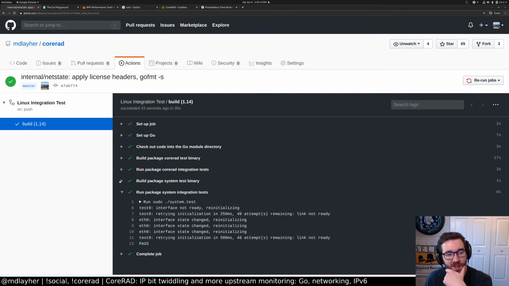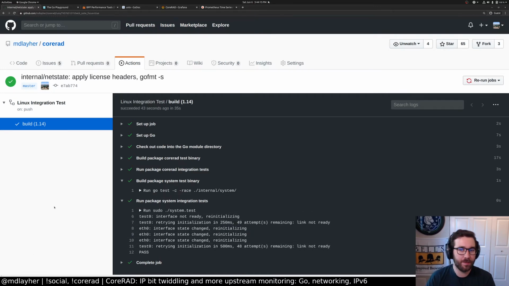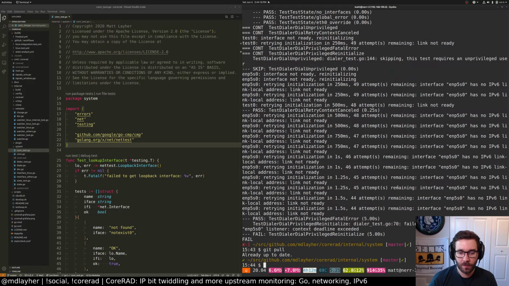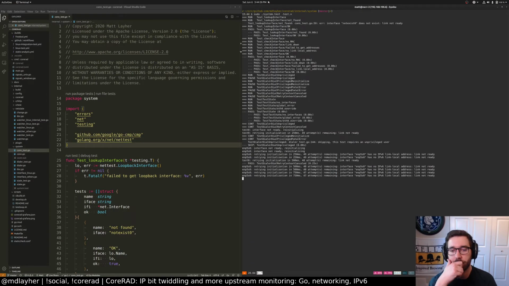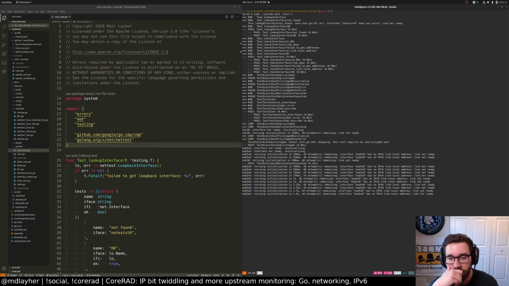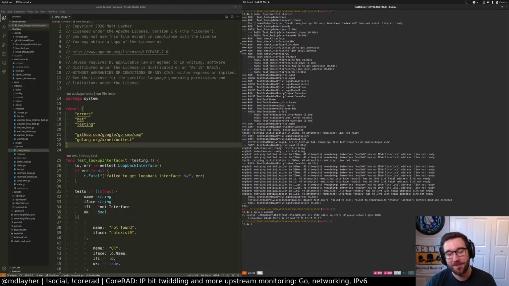Run package system integration test. Yeah, it's running... What in the world is going on? I'm going to shrink this font size really quick. I know what's going on. It's pulling an address or an interface from my actual system because we need to actually set up an NDP socket in some of these cases. And this enp5s0 is my 1 gigabit NIC, which I think is not configured right now with Network Manager. Yep, that's why.